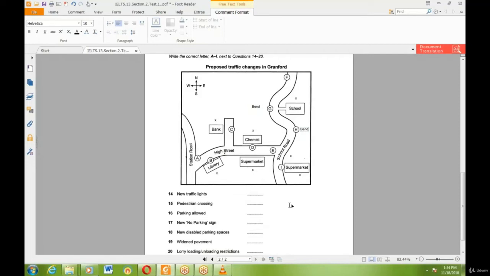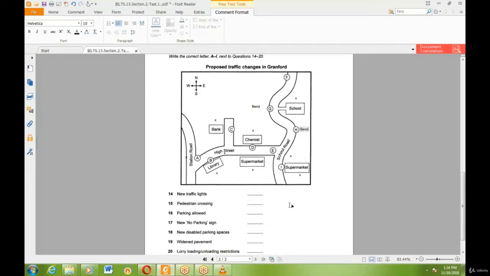Now, we already have a set of traffic lights in the high street at the junction with Station Road, but we're planning to have another set at the other end at the School Road junction to regulate the flow of traffic along the high street. We've decided we definitely need a pedestrian crossing. We considered putting this on School Road just outside the school, but in the end we decided that could lead to a lot of traffic congestion. So we decided to locate it on the high street, crossing the road in front of the supermarket. That's a very busy area, so it should help things there.